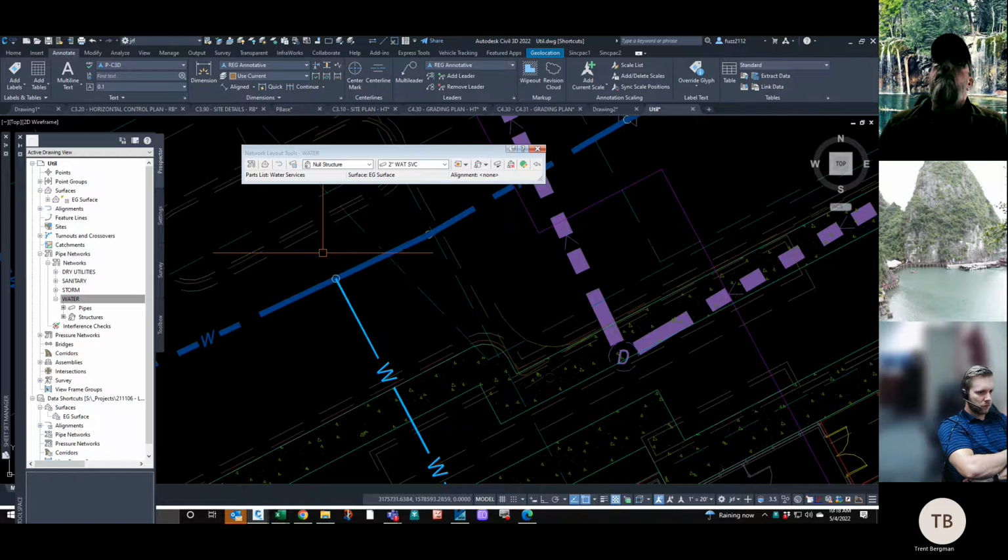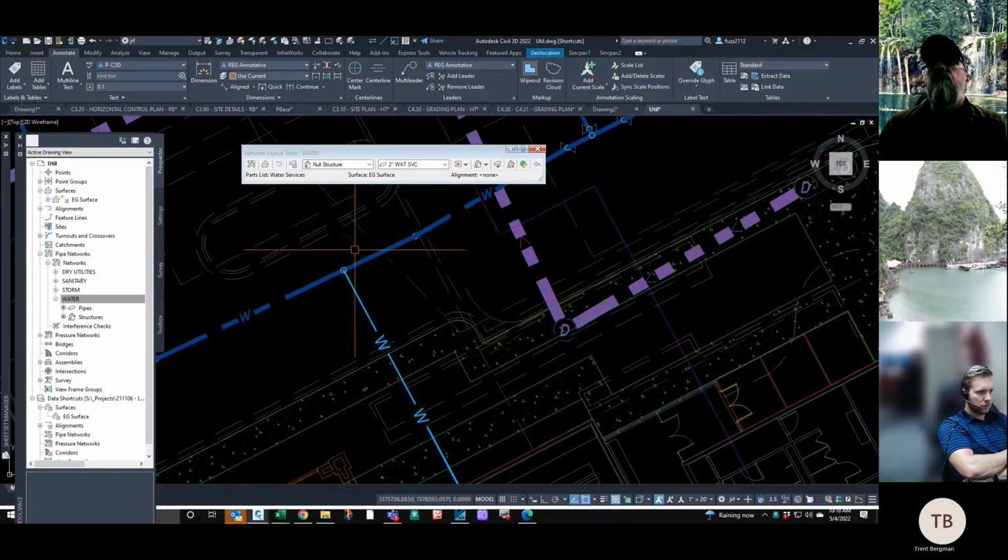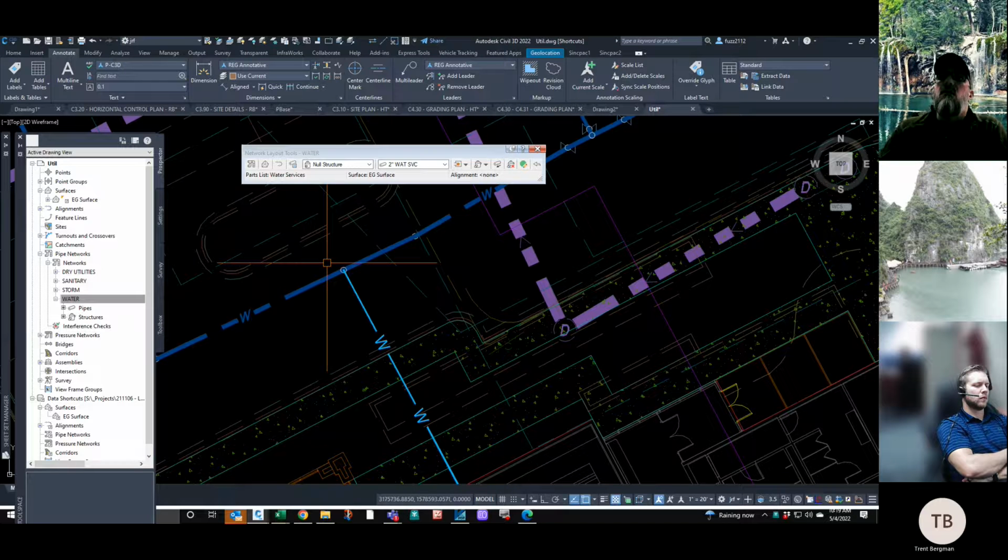So structures for water, and actually any type of fitting, tees, bends, things like that, you always want to use a null structure, because the way that these were built in Part Builder, they don't show up correct in profile if they are set to a fitting. So we just changed the way this null structure looks